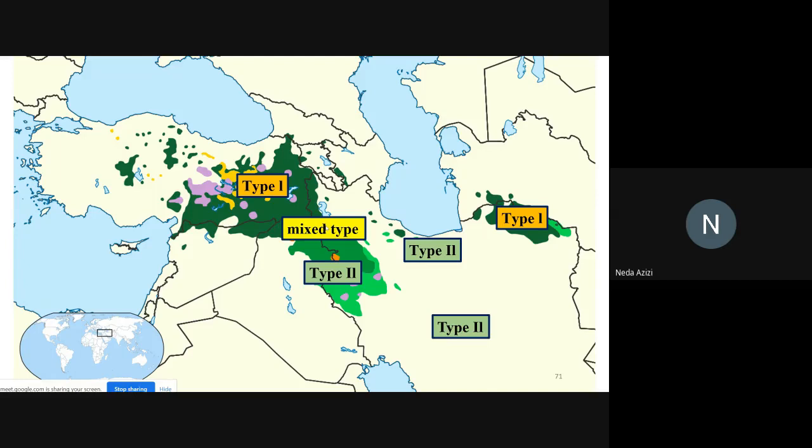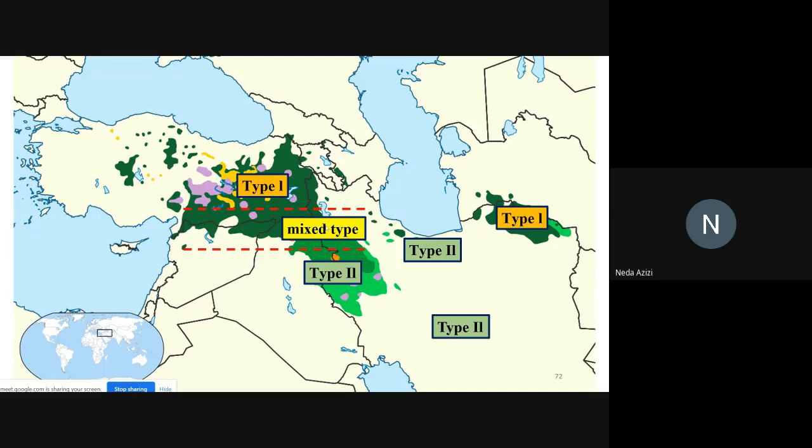But if we look precisely at this mixed type, which is like a bridge, again we see isoglosses, and again there are bridges. So basically this is a larger picture, and now I'm going to show you more detailed isoglosses, showing how we can distinguish different forms within